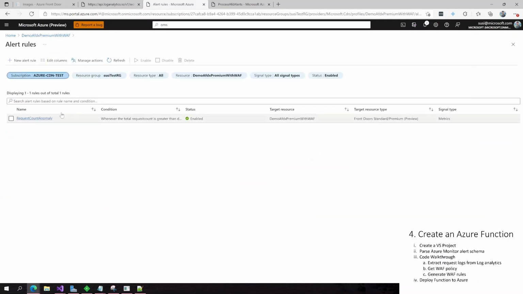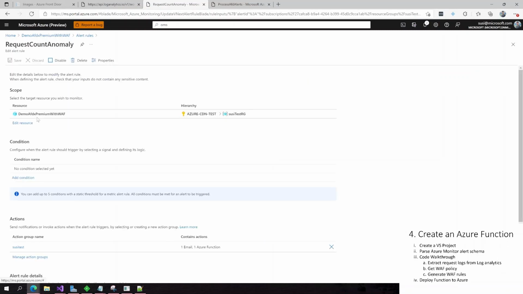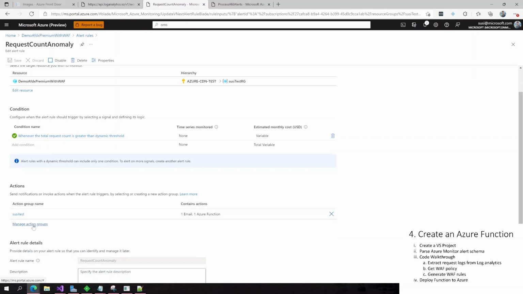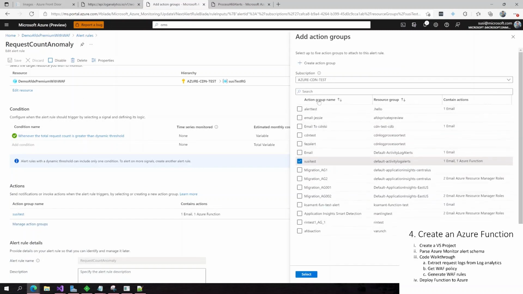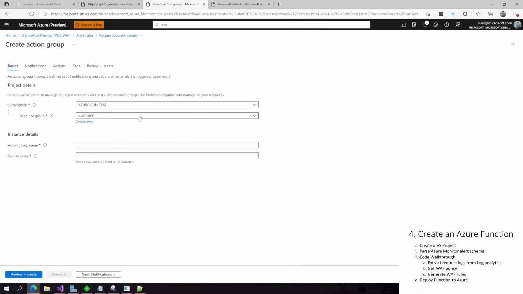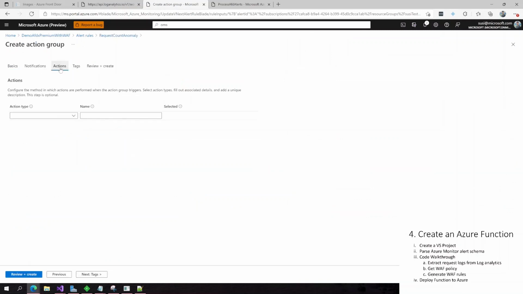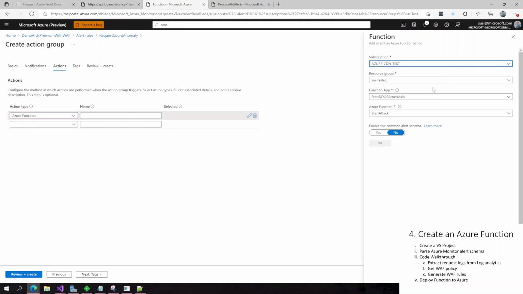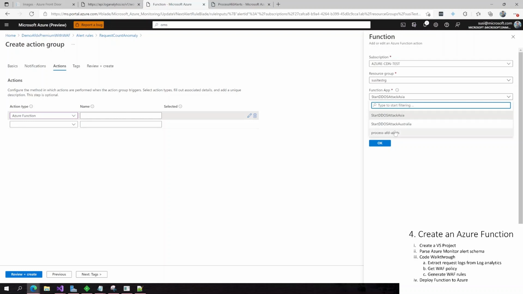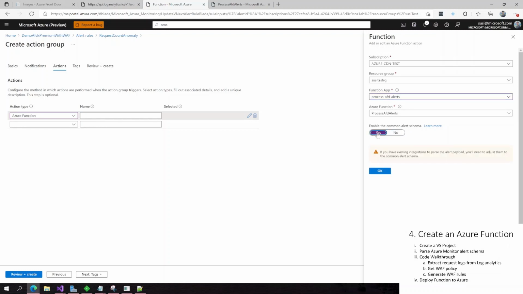In here, you're going to select this alert, and what you're going to want to do is add an action group. I already have one, but you might have to create an action group. While creating the action group, in the actions, pick the Azure function, and then this little window should open up here. Then select your subscription, resource group, and then select the function apps that we just published. Once you do that, make sure to enable the common alert schema, because